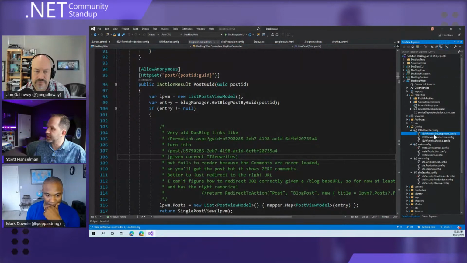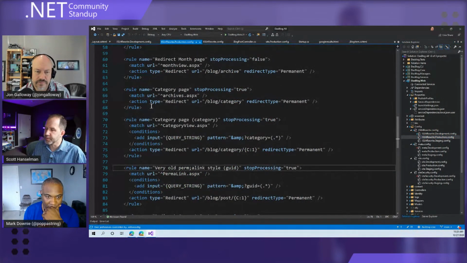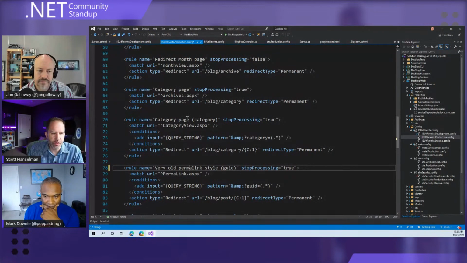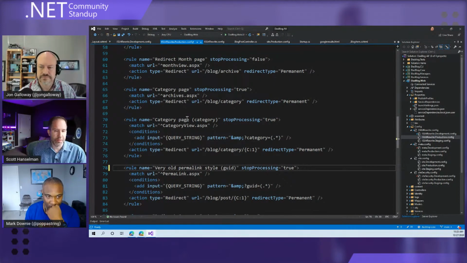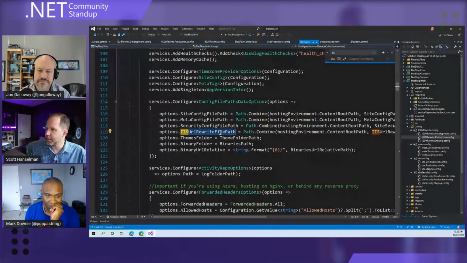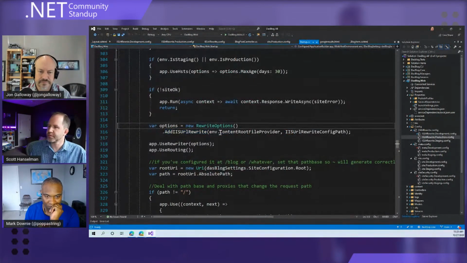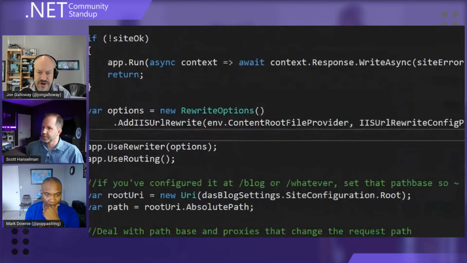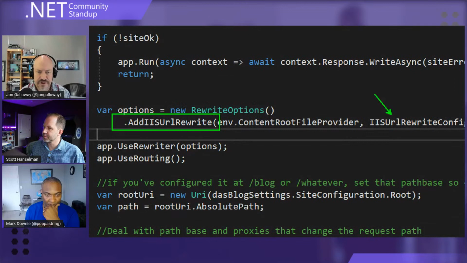This is interesting, and this might be important to point out for the folks that are watching. This is an IIS style of redirects, but there is no IIS involved. This is super important to point out. IIS made this format many, many years ago. This is a thing that is read in by some middleware. I think we added it here. So that's the rewrite middleware, and then that handles support for a few different formats. There's IIS rewrite, and then there's some others. Yeah, I guess we could do that, couldn't we? If you prefer Apache for your middleware rewriting needs, you can do that.